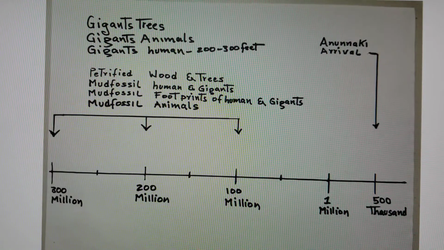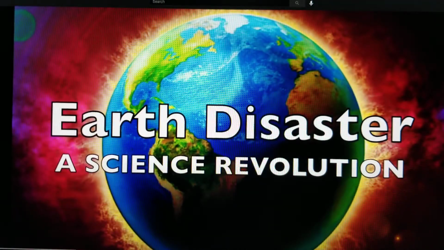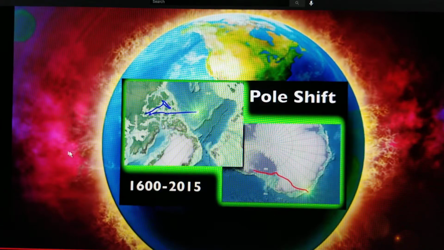So now that I've shown you this document, I'm going to tell you about the pole shift. All right, so this is the North Pole and South Pole, and it says over here pole shift. From the center of the North Pole, if you follow the line, you see that the blue line is exiting the center of the North Pole. And down in Antarctica, if you follow the red line from the center, the red line is exiting the South Pole. That means that the Earth is about to flip to different poles.